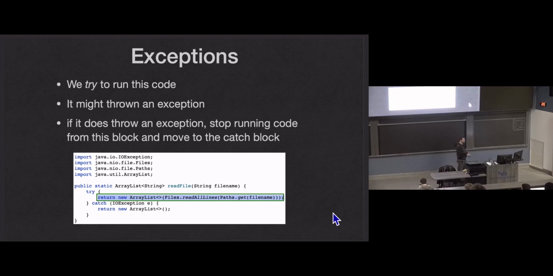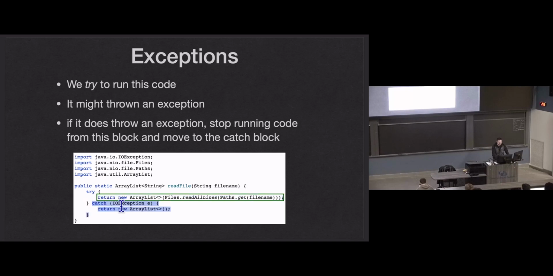If it throws an IO exception, or any exception, whatever is running in the try block will stop. Completely stops, just like if the program is about to crash. It'll go through the same process. It'll stop executing any code. So if I have another line of code after this line in the try block still, and this line throws an exception, that next line will never be executed because we're throwing an exception that stops the execution, clears off the stack up until we're back in this method, exits the try, and then goes into the catch.